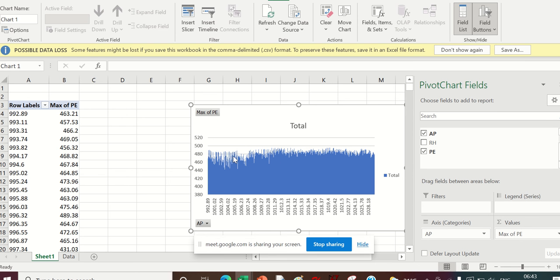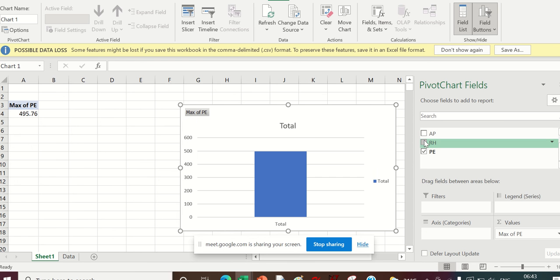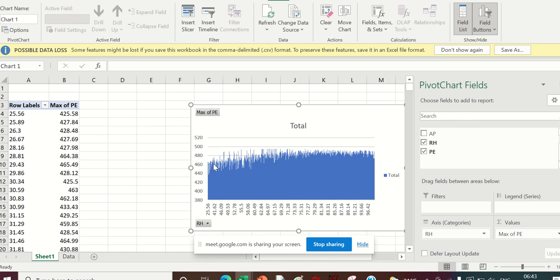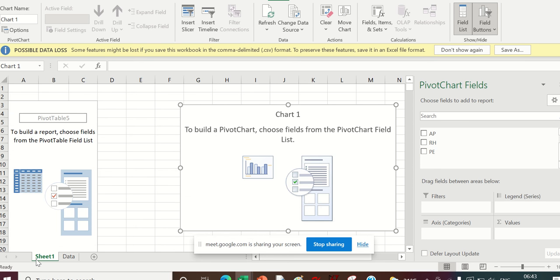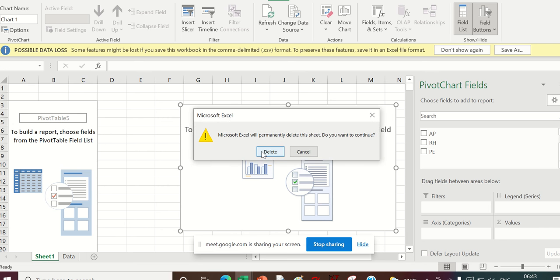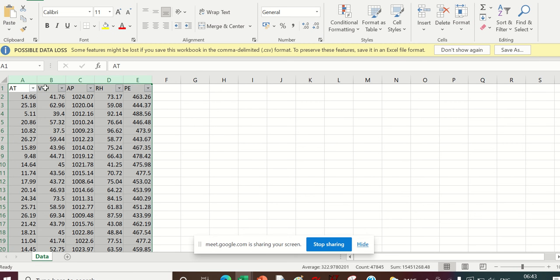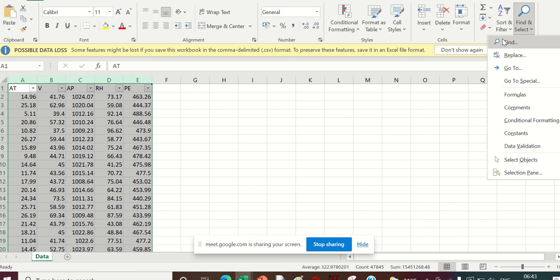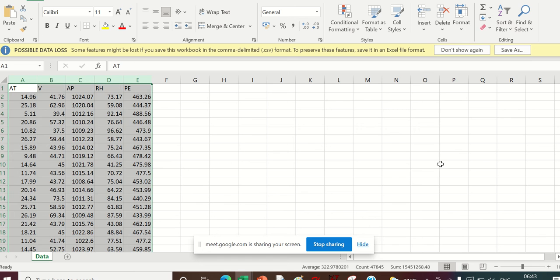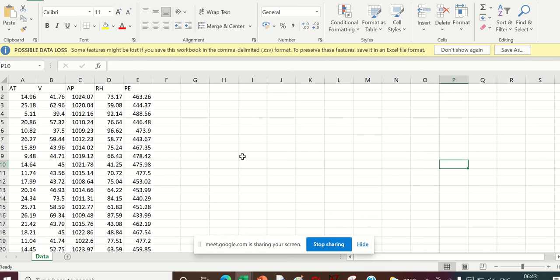Now, see, you can see this is not linear. It is almost a straight line, so there is no linear dependency, so you can say AP is not that dependent. Okay, next we will see RH. RH slightly it is dependent. Okay, so we have now seen the data set. Now we will delete this. We have got a rough idea of the data, and we are now going to use it in our case.